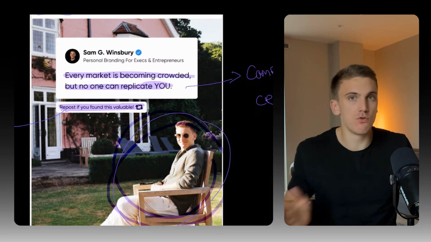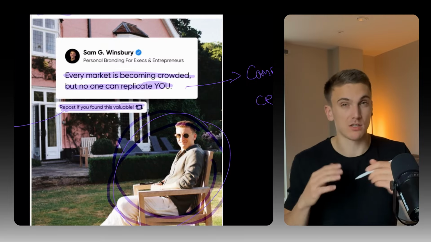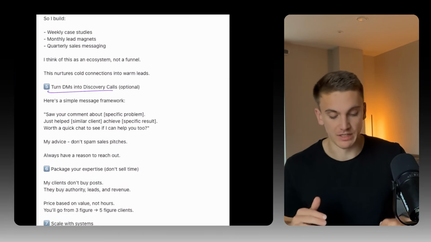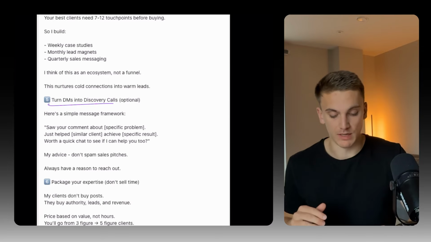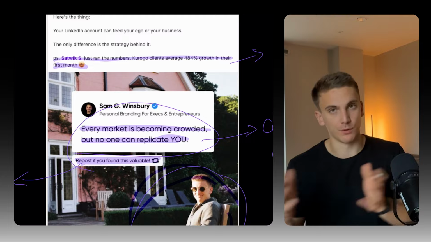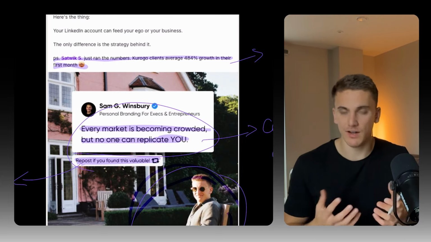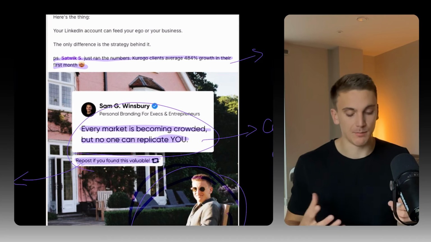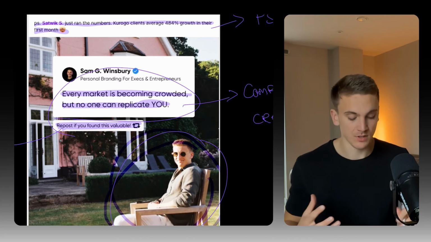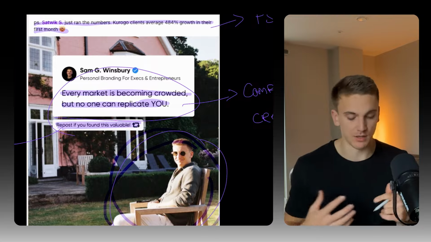It adds no additional value to the content, but it increases the number of people that might stop on that content and then read the quote, and then maybe read the rest of the content. So we're simply trying to get people's attention to focus it in on the rest of what we're sharing, right? The image itself doesn't really add any value, but that's okay. It's purely to get people to see the value that is there. Adding imagery, really, really important. Make sure it's eye-catching, use human faces where you can.